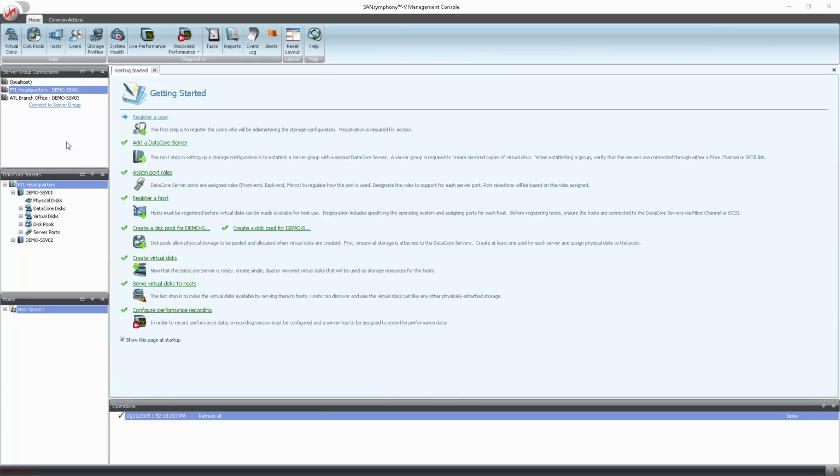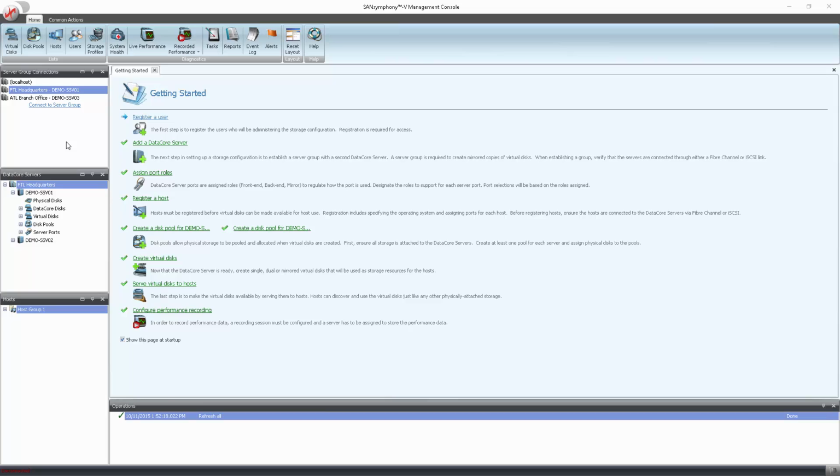The fourth sub-window on the bottom is the Operations window. This window displays the most recent storage functions that have been performed along with their respective status. If a long-duration operation has been performed, the progress of the operation will also be displayed here. Along the top of the window, there are other buttons which display various details about the storage system. We will cover these later during the demo.